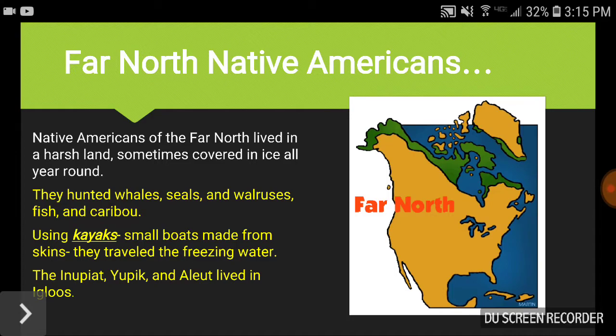So the far north. Lots of times the far north, you might think of these Native Americans as individuals who lived in igloos. You might think of them as Eskimos. As historians, we are going to not use that language because that encompasses them into different stereotypes that we are not going to partake in. So what you need to know is that these Native Americans have different names. It might be similar to what you think of, but it is not Eskimo. They are not the Eskimo people. That's not a thing.